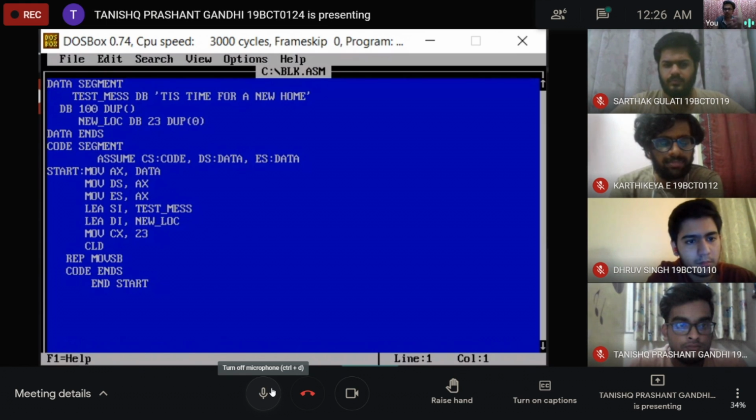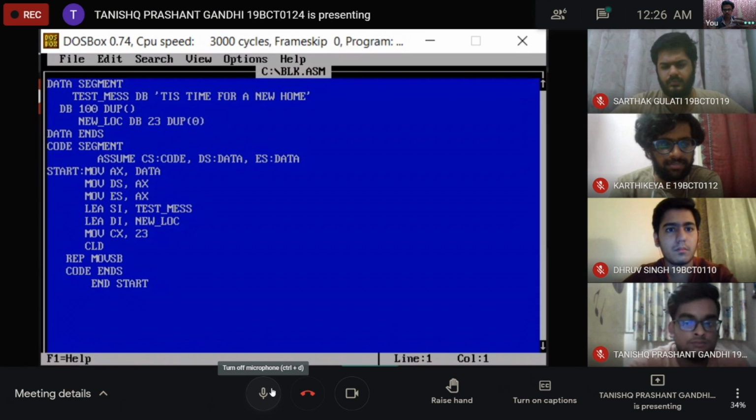And we have MOV CX, 23, which means we are moving the value 23 in CX, because the length of the string we are moving from one location to another is 23. Then CLD and REP MOVSB.